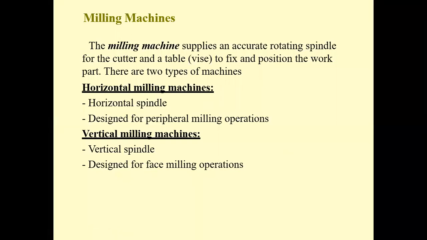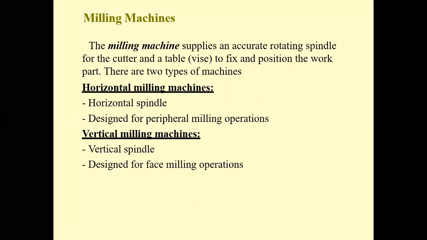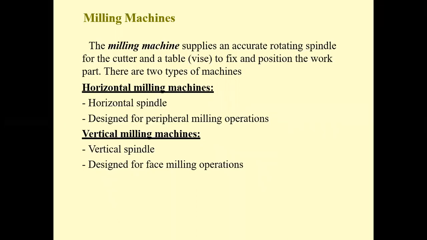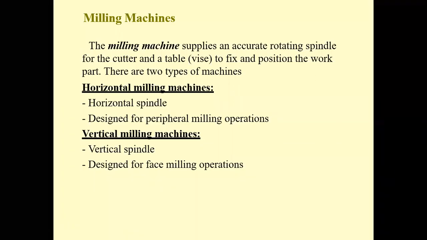So some kind of relative motion is required. This relative motion may be a circular motion or a linear motion. Without relative motion, removing material, or applying force on the workpiece by the cutting tool, is not possible. That's why in any cutting tool, even in a manual machine or a power-operated machine, you need to have a relative motion.